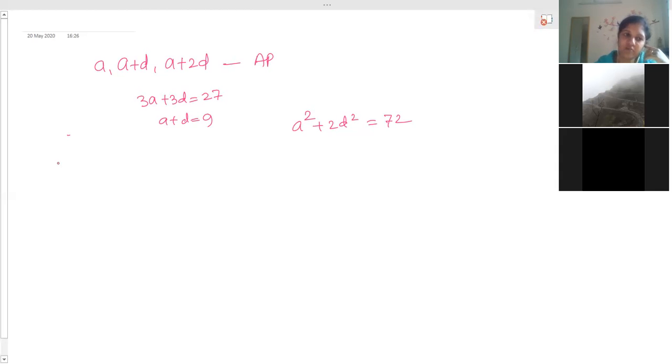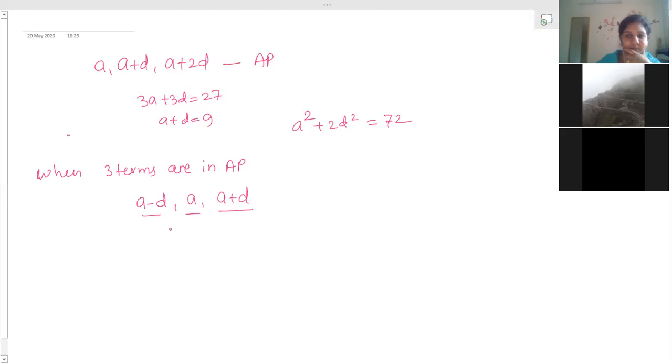When three terms are in AP, or three numbers are in AP, instead of considering this, what we need is that their difference should be the same. So we can consider anything. We have to consider A minus D, A and A plus D. Is this clear? Instead of considering the next term, we have considered the earlier term. So this is the first term, this is the second term, and this is the third term.